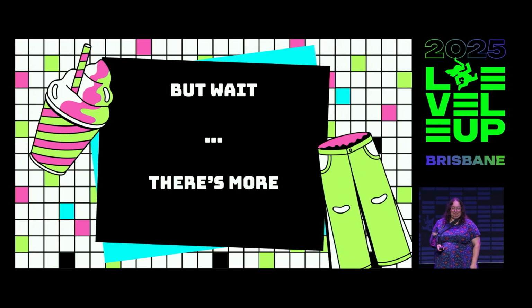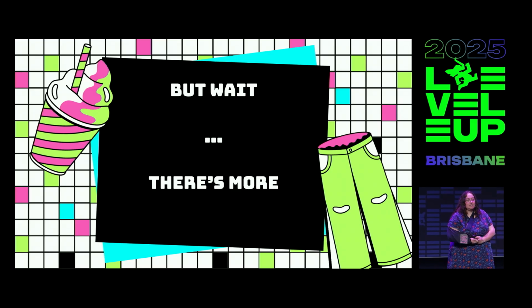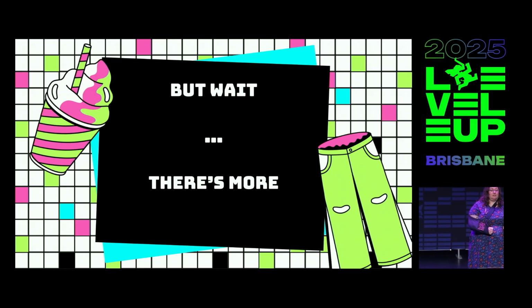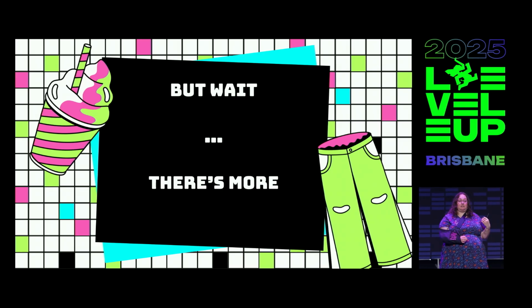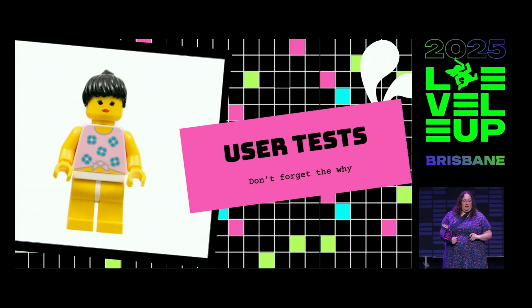But wait. There is one other kind of testing that I think it's important to discuss, because this whole talk has been focused on the tests that we write, automated testing of our application. Why do we do that? We do it for users. And there are things that automated testing is never going to catch. And so I don't want you to come away from this thinking, Kath said I don't need QA people anymore because I just have to write a bunch of unit, feature and integration tests and tick, I'm done. That is not what I'm saying.